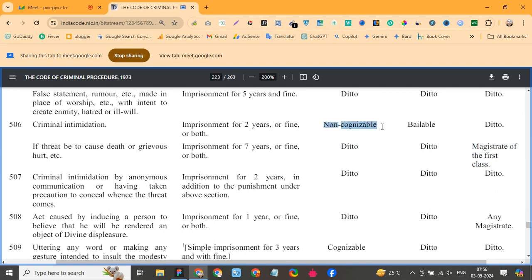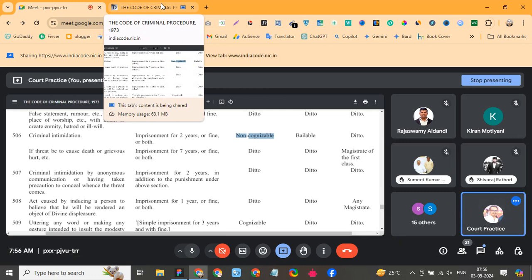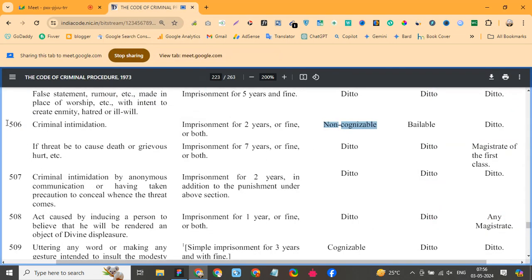So if non-cognizable means non-serious, bailable means easily get the bail as a right, and triable by any magistrate. So this will be the second part of section 506. Next part is regarding the section